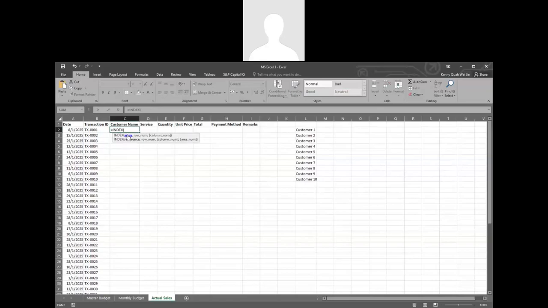Let us index the first. Over here is the array, means this is the array. Let us again click F4 while selecting the coordinates just to lock these coordinates,